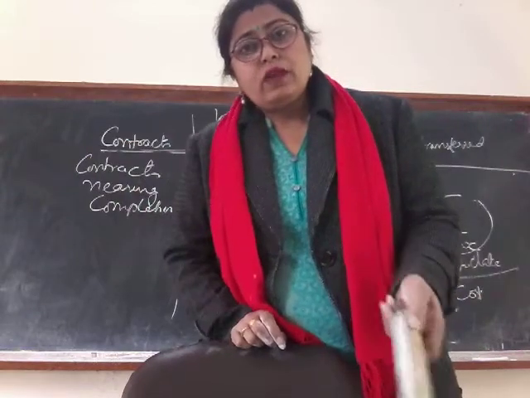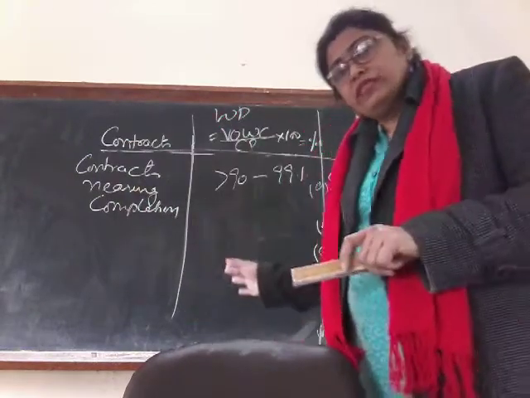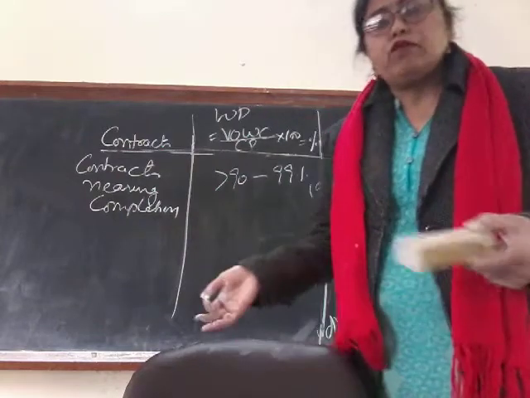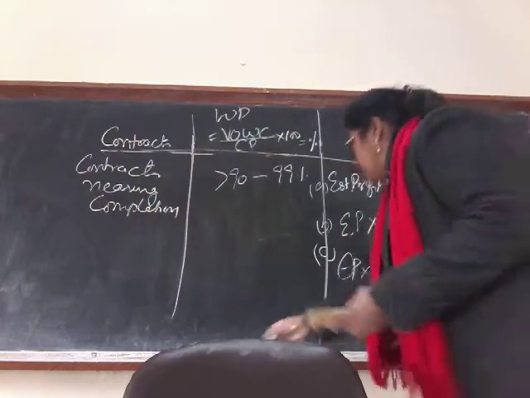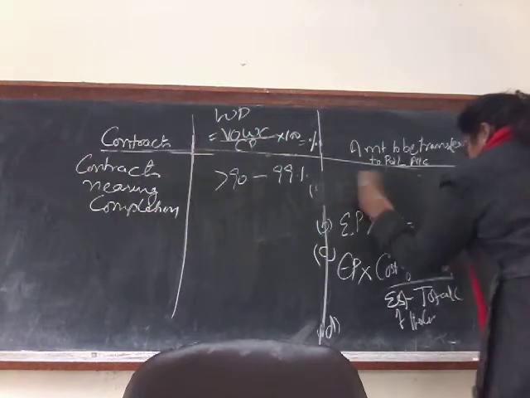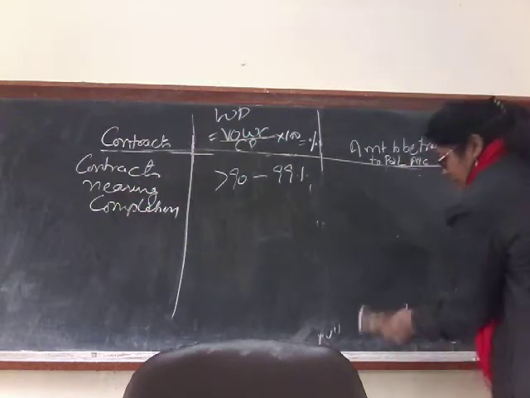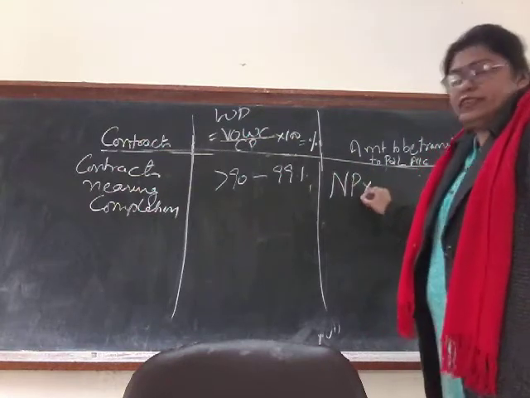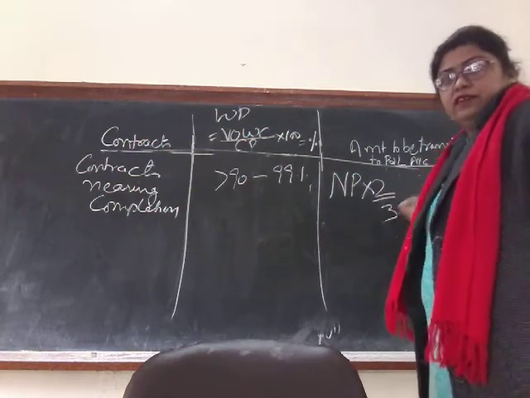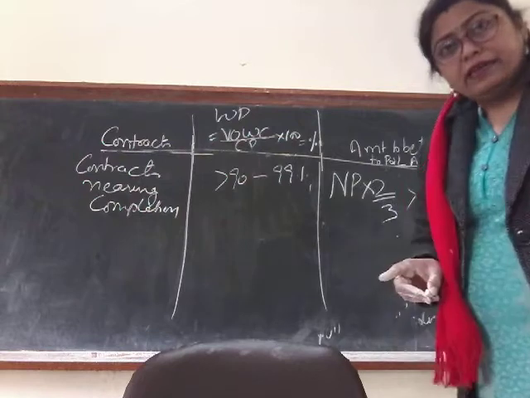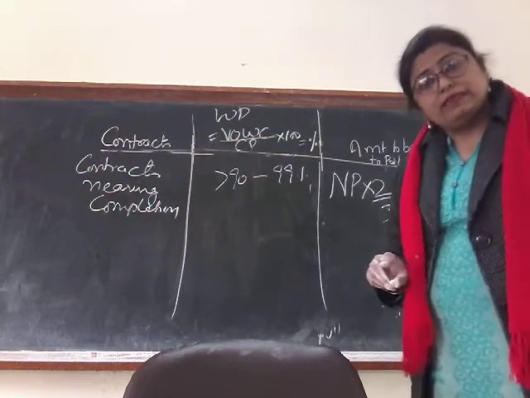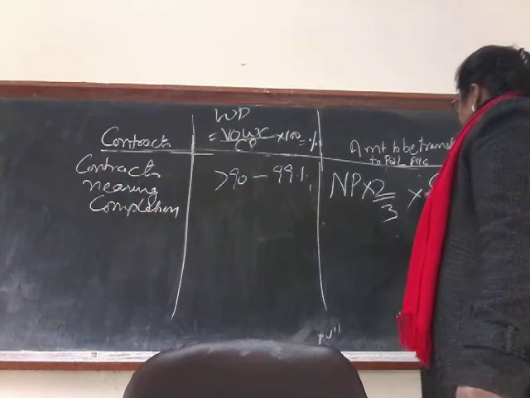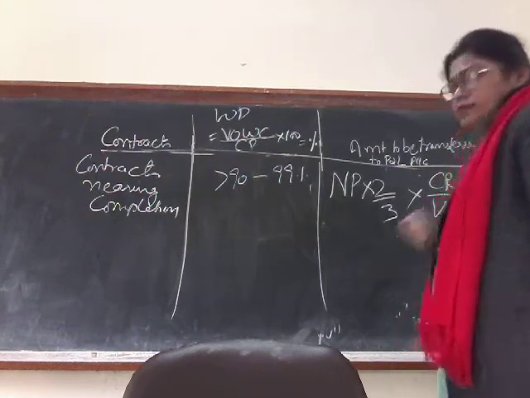Now on the basis of notional profit, the one which we did earlier when the work done was more than 50%, the same formula is to be written over here. So what was that formula? That formula was notional profit into 2/3 into cash received divided by value of work certified.